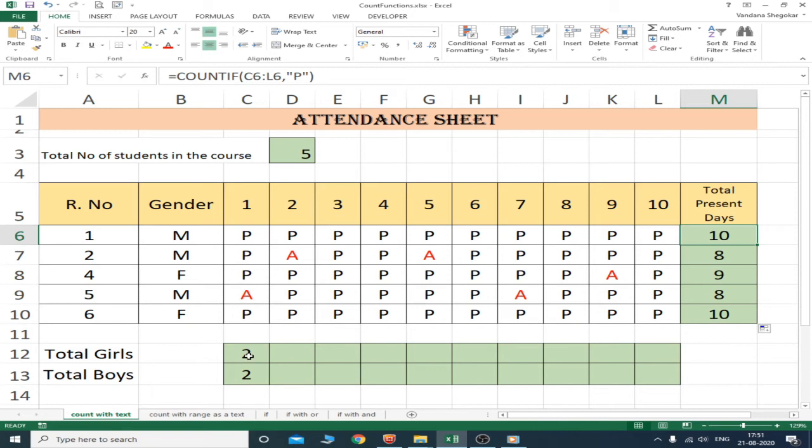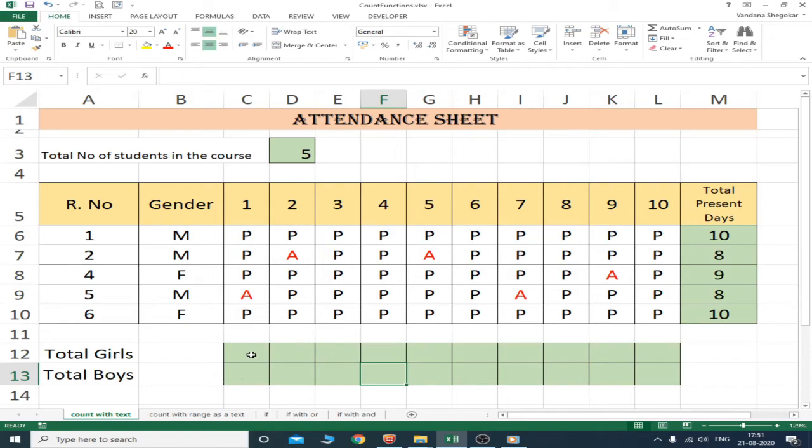Now you can see these green highlights where we are supposed to count the total number of girls present and boys present. Here you can see this is male, male, male, 3 male students, out of that 1 is absent, only 2 are present, and females also only 2. So at a time you have to check whether the student is present or not and whether the student is male or female, girl or boy. So 2 conditions. The count will come where there are girls and present, and here boys present.